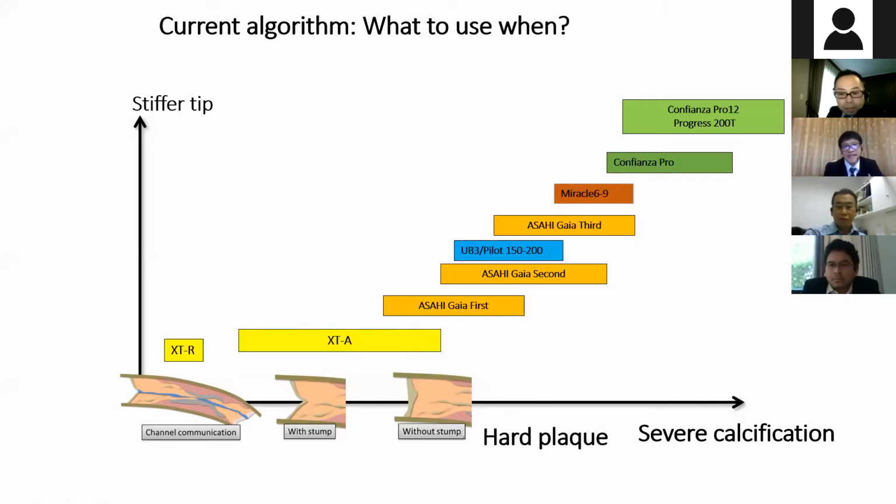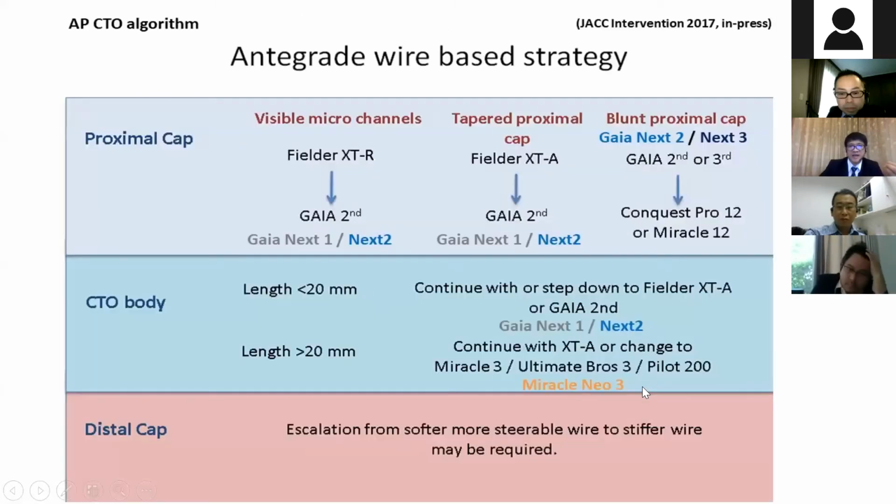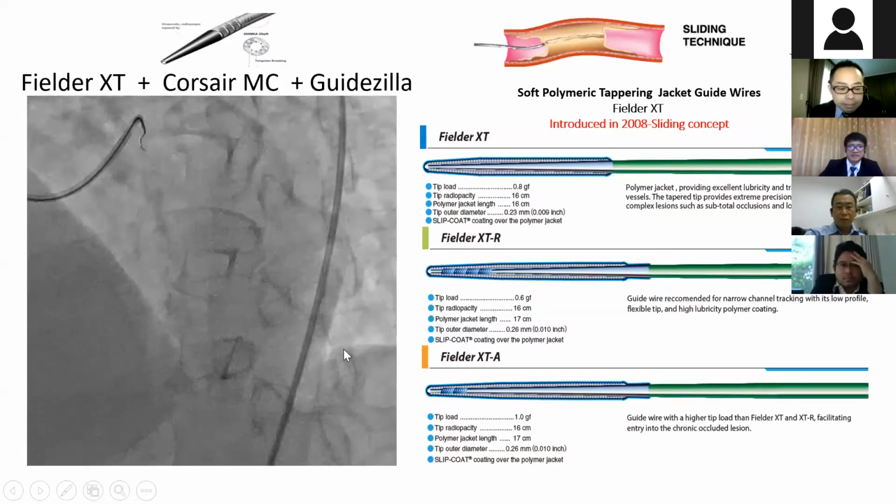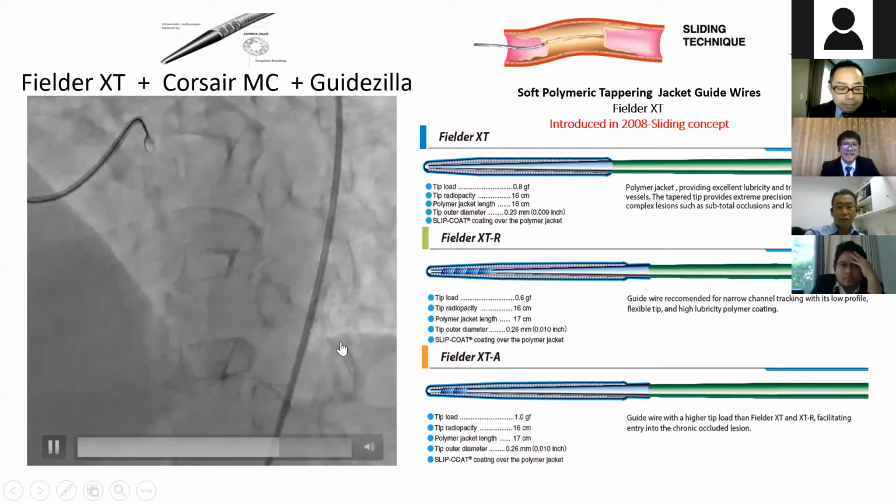We call it wire escalation to a stiffer wire when you feel a hard plug or calcification from the feeling in your fingertip. That is the common practice. From the Asia Pacific CTO algorithm, there are recommendations for wire escalation in the antegrade wire-based strategy, depending on the anatomy, as I said. However, in my case,